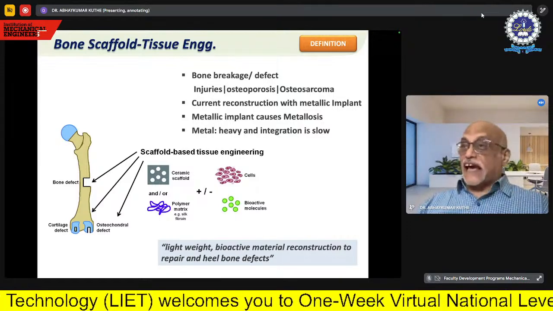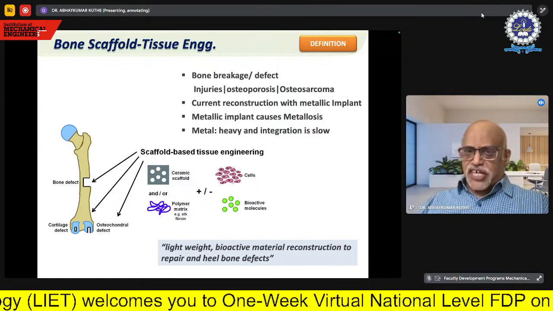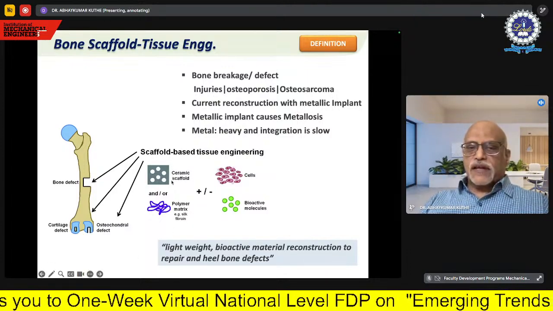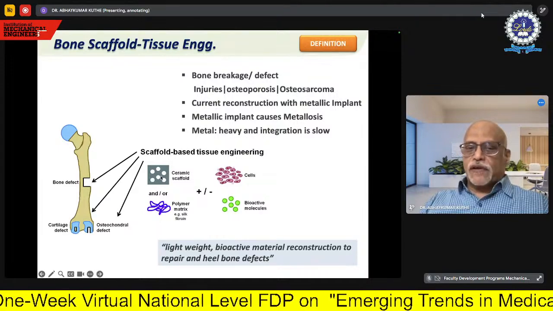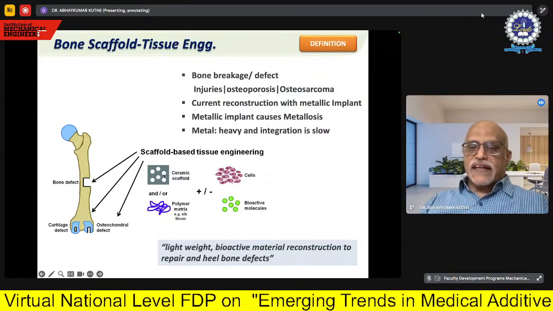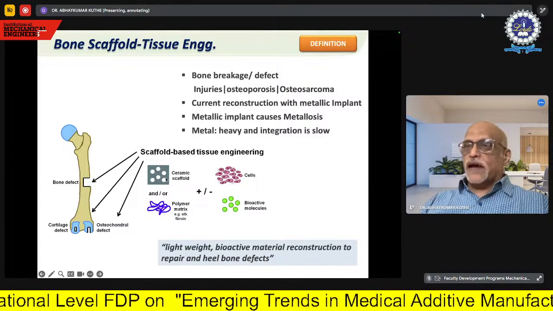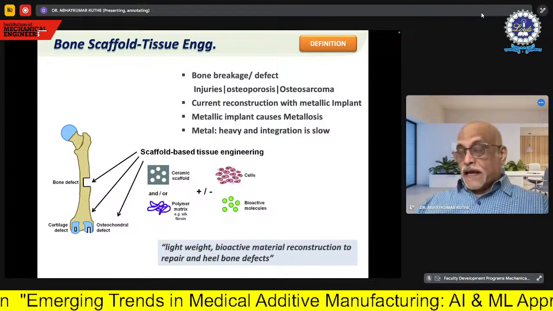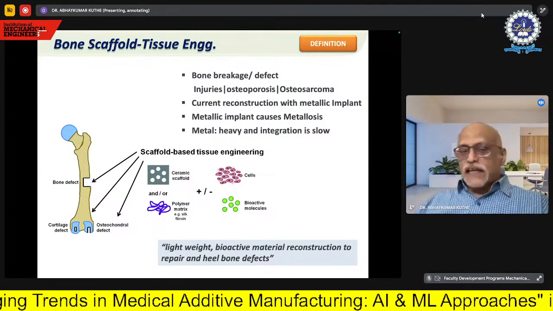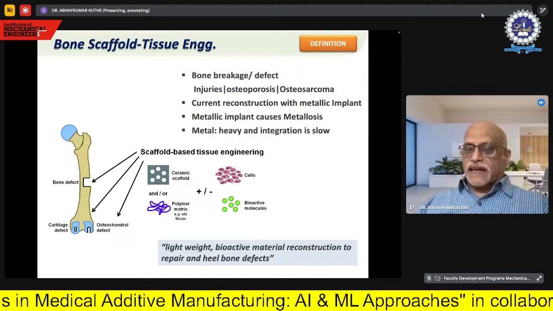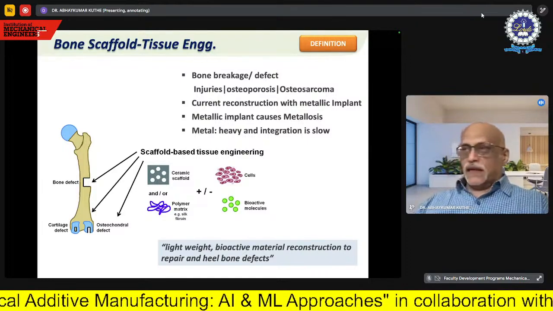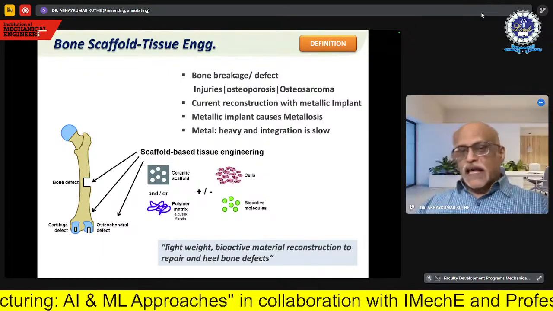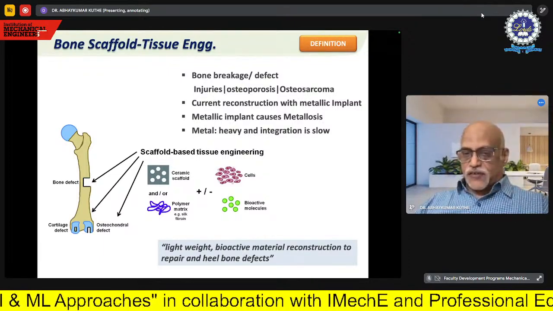We develop what is called a scaffold. A scaffold is nothing but a meshy area. You can see here, if you focus your attention on the cursor, a ceramic scaffold. That means a scaffold which has some holes in it, and there you allow the cells to grow. If the cells start growing inside the scaffold, and in the long run that scaffold gets degraded, then ultimately you will get the complete part developed with bone tissue. I'm talking about bone tissue regeneration only at this moment.